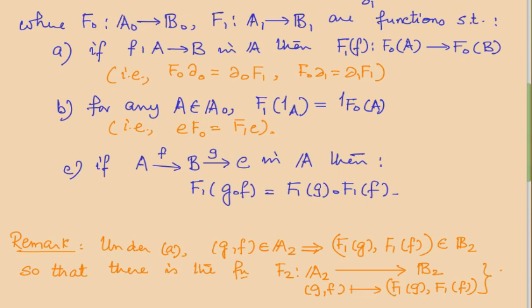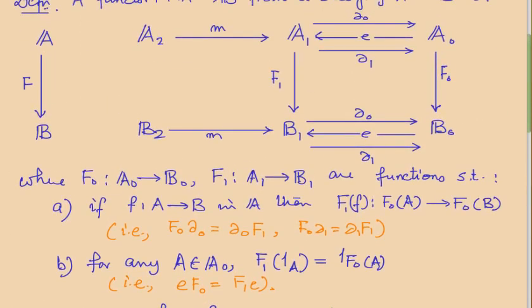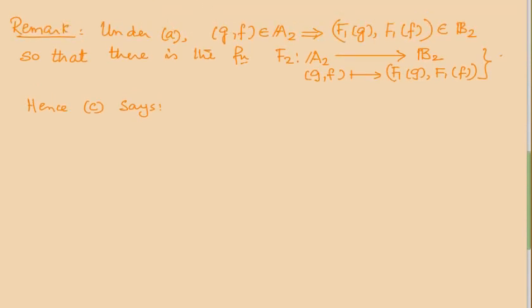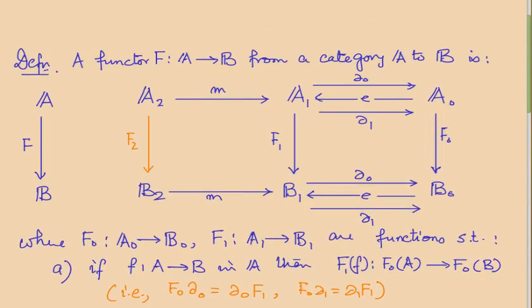There is this function, and hence C says something. So you automatically have this function, and then C says that with this function the left square commutes. So that means M F2 is F1. Okay, so it's a functor